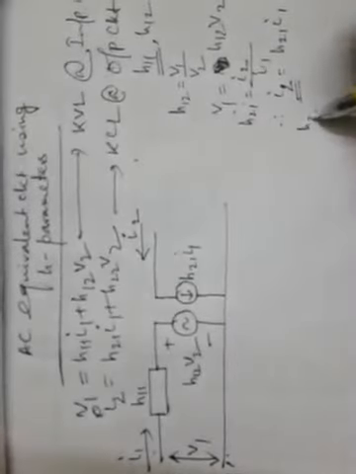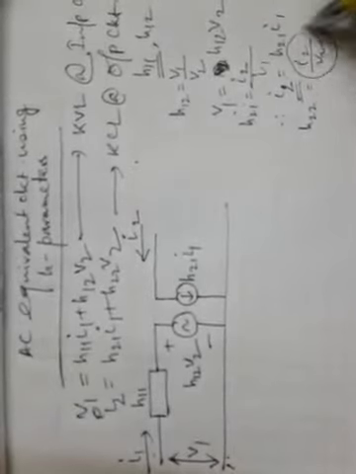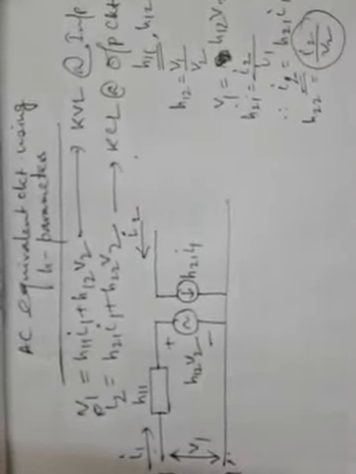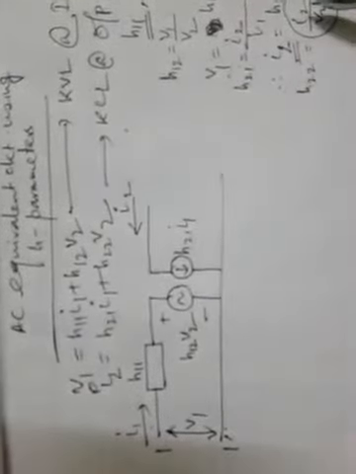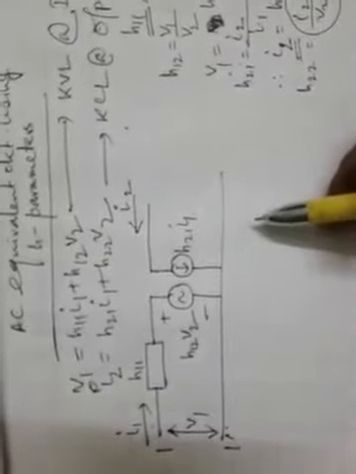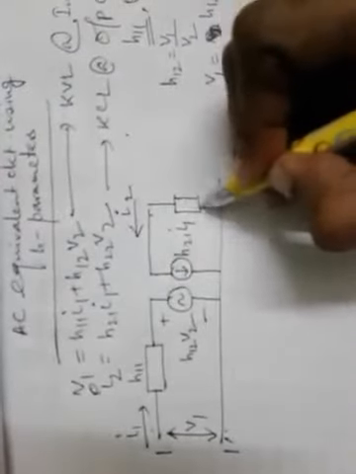Okay, and finally H22 V2. Then how much is H22? It is I2 by V2, and I2 by V2 means it is output admittance. You know the impedance is drawn in series, and the admittance is drawn in shunt or parallel. That means it should be drawn between these two terminals across the port 2